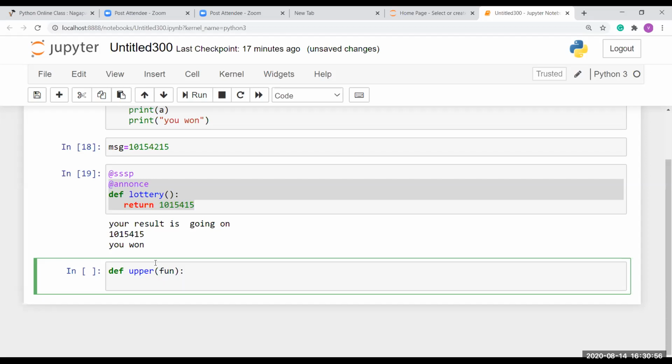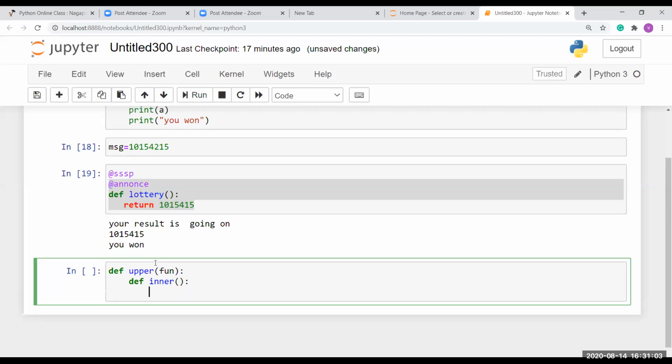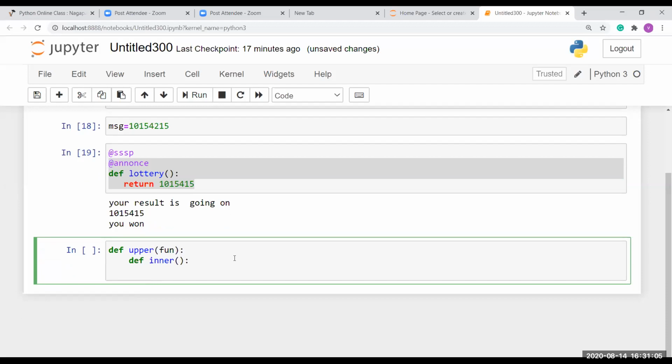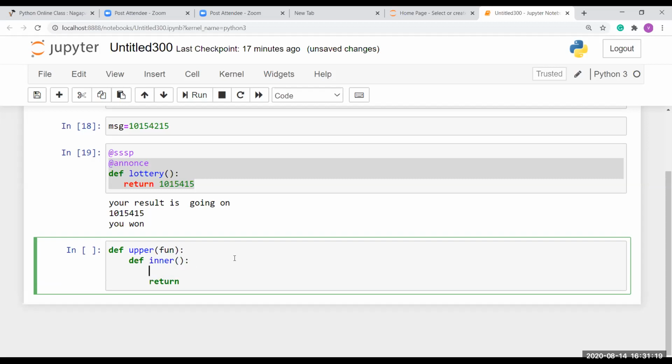So for parameters, and after that you have to create an inner function. Then colon, and here I'm going to return my func, or here I'm going to store my func. Then I'm going to make a dot upper function, right?